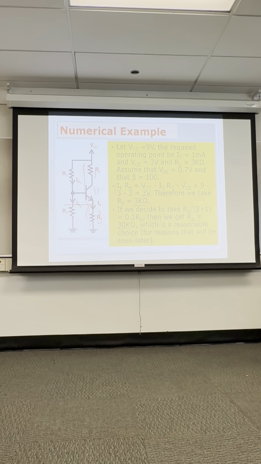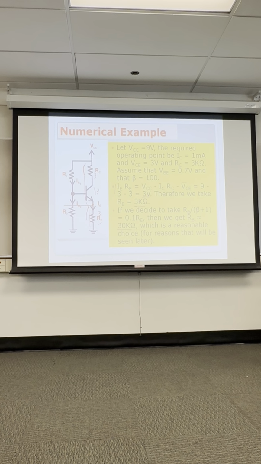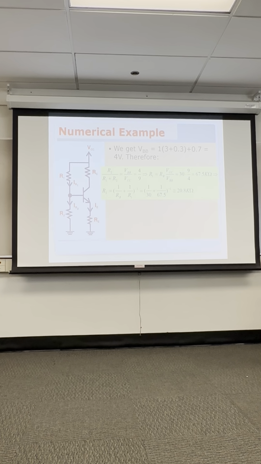R sub B is equal to beta plus 1 times 0.1 RE, and RE is 3 K ohm. So that's 100 plus 1 times 0.1 times 3 K, and that comes out around 30 K ohm. Now you could go back and try to test for weak beta dependency, but the problem here did not put that into the instructions. So you can take that value of 30 K